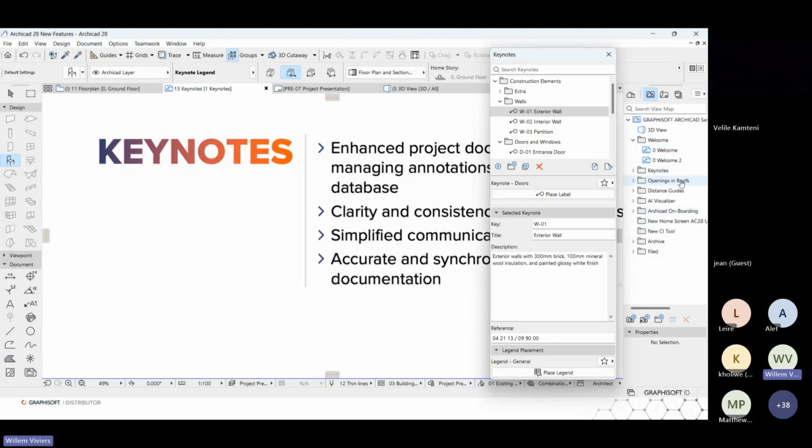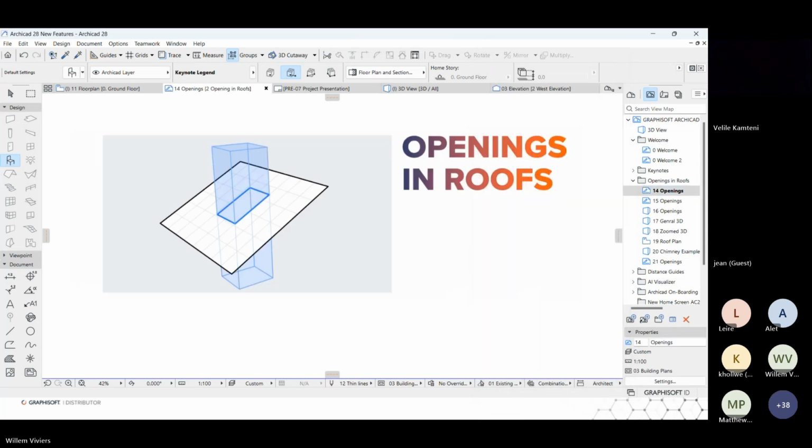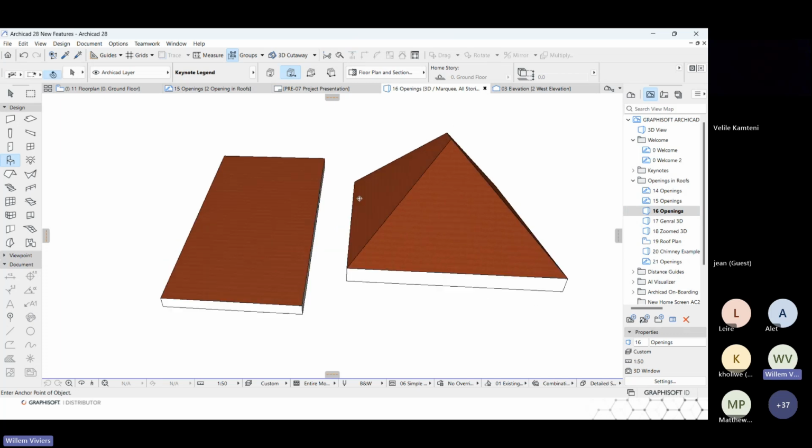Next, we're going to have a look at openings in roofs. The versatile Opening tool was introduced to Archicad, enhancing modeling, managing, and also documenting openings within a BIM project. Since its introduction, openings have supported the creation and modeling, as well as the coordination of openings. Originally available for walls, slabs, beams, and meshes, we are now able to place them into roofs as well